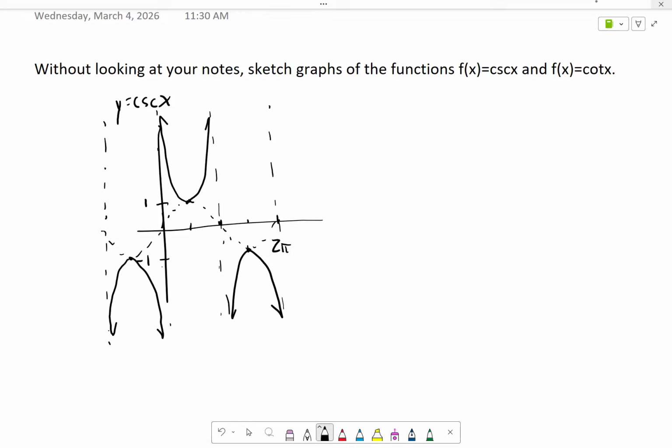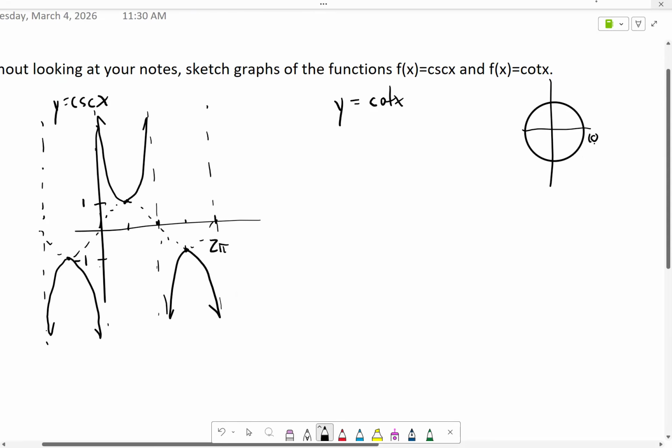For cotangent, I'm gonna go to the wellspring of everything that is trig related, otherwise known as the unit circle. L, you okay over there? Okay. So if I'm doing y equals cotangent of x, I need to look at some of our benchmarks. We have 1, 0, we have 0, 1, and we know that cotangent at 0 would be equal to